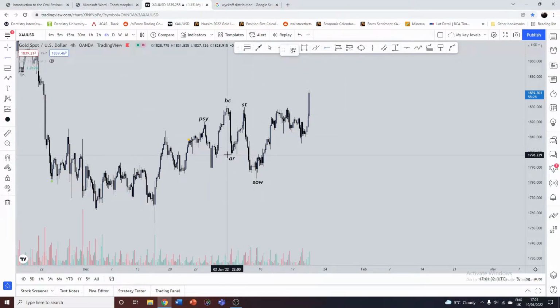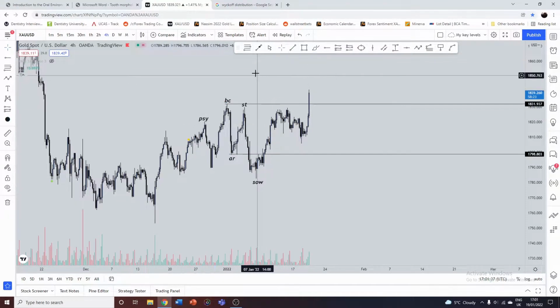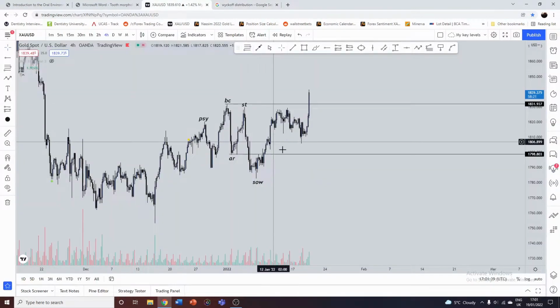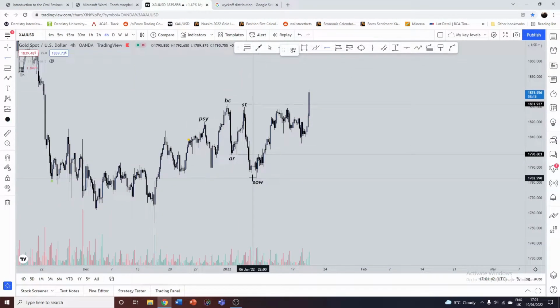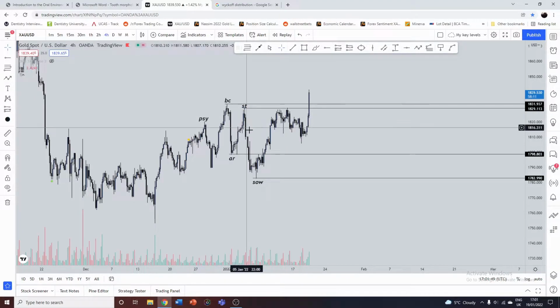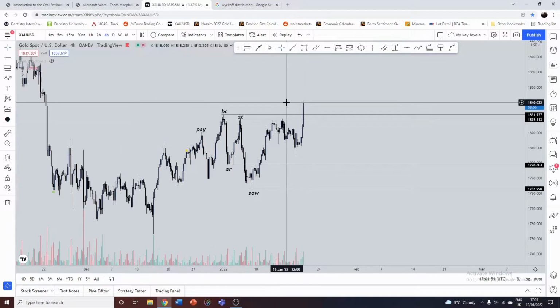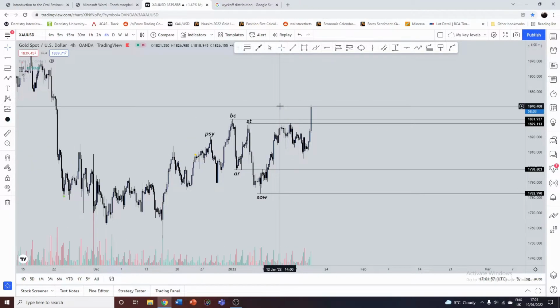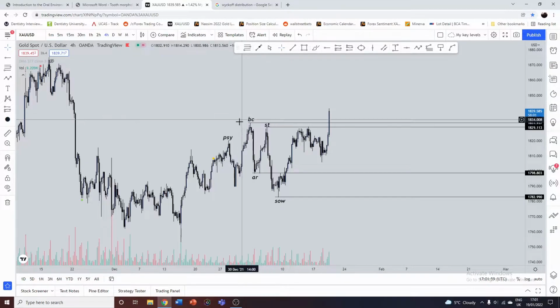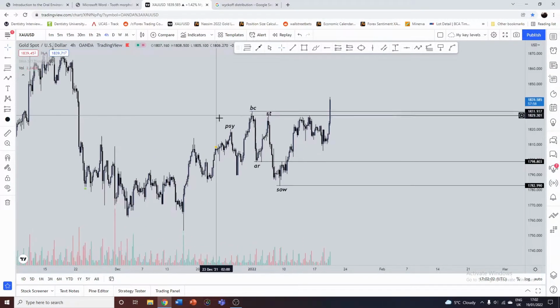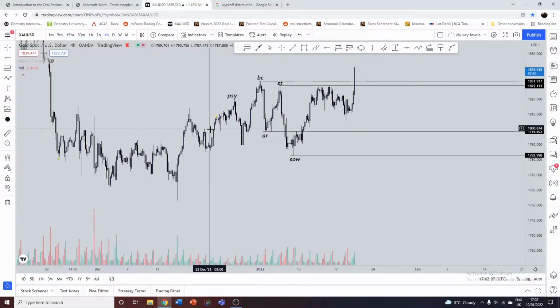Let me mark the lines on. Then we got an ST here. So that's what it is so far, and now we've had our anticipated UT, which has taken out this BC here. The reason why I've chosen this as the preliminary supply and not this one is because by looking at